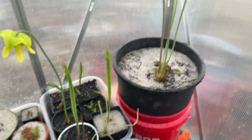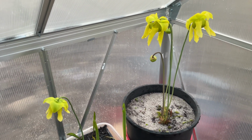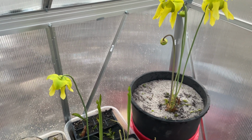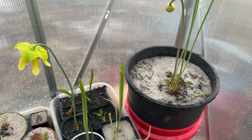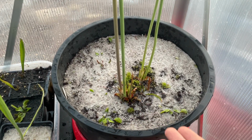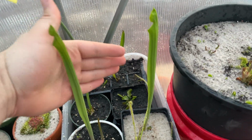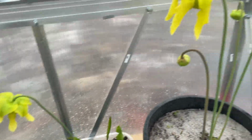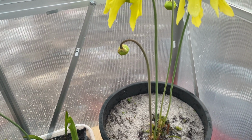The flavas, they will usually carry their phyllodia up until winter, and I will cut them off around mid to late January. That way in February they can get a kickstart of growth, and then by late February they will put on some flowers or pitchers, and early March they will look like this. Fantastic. And that way you can get working on some seeds, and this also gives them a second chance to flower,